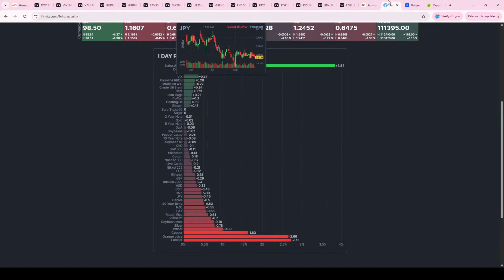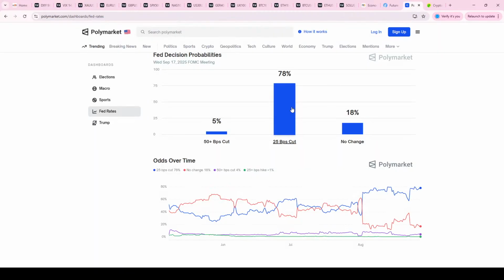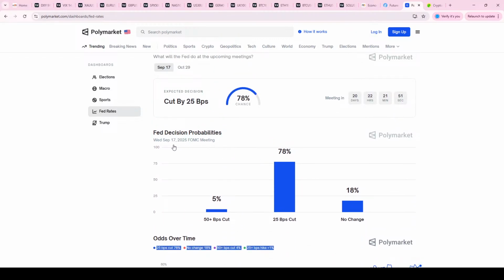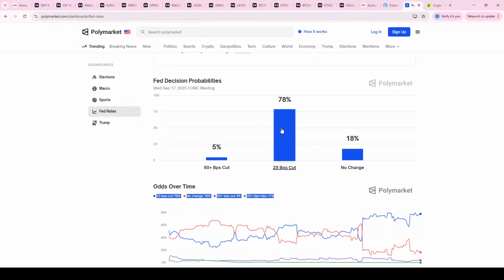So that's where we're going to leave it for today, folks. I suppose the last question really is, we talked about it last night, but just a quick update. The Fed decision probabilities for the 17th of December rate meeting, 78%, obviously expecting a 25 basis point cut. My real opinion is probably up around 90, and that is something we've been talking about for the last 2-3 months now. It's been a very, very clear directional bias.